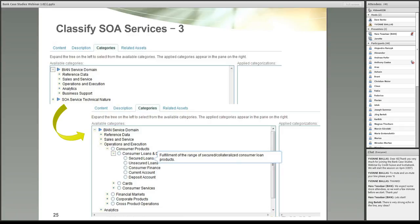And you can see in the bottom half of the slide here, under the operations and execution business area, we have the consumer products business domain, and then the consumer loans and deposits business domain. And finally, the 5 service domains such as secured loans, unsecured loans, and so on, each one with their description. So a developer, during upload of a service into the service repository, will be able to select one of the service domains as to where the service belongs, and we find that to be